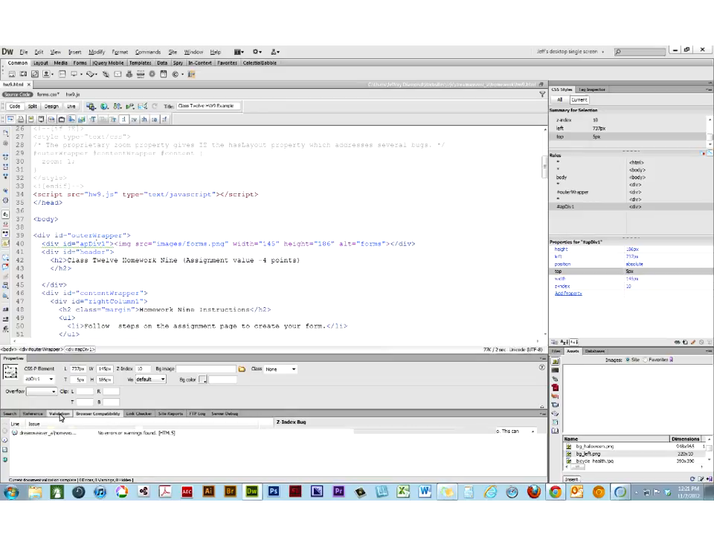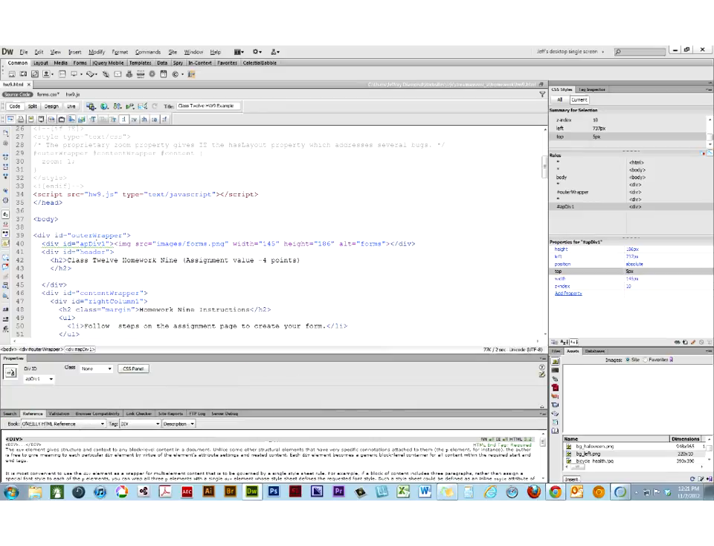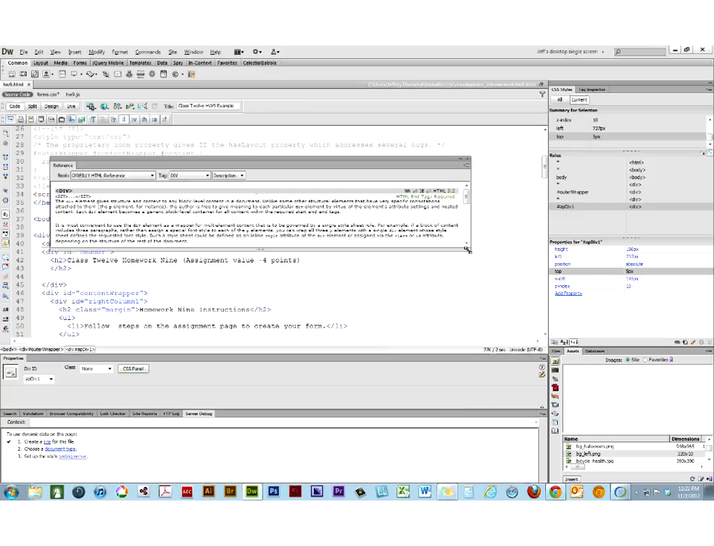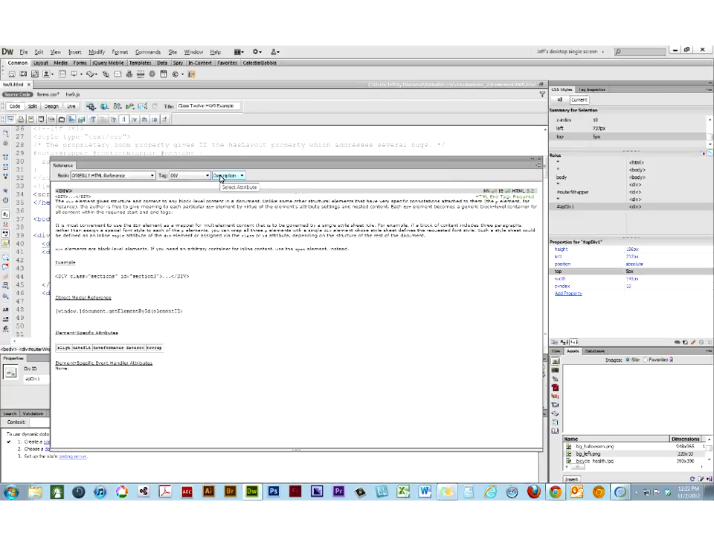Two other panels that have to do with reports are the validation panel, which I already talked about, and the reference panel, which I did not talk about, and I'm going to actually pull this one out for you to see. This is really, really good stuff. The reference panel gives you several ebooks within the Dreamweaver interface. For example,